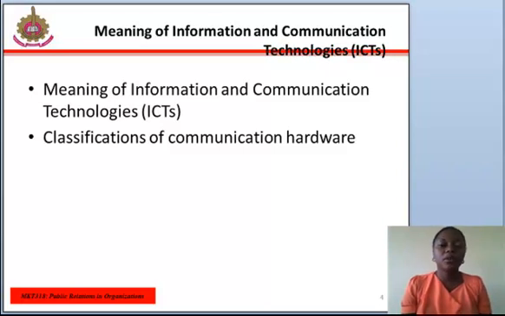Classifications of communication hardware. The communication hardware that comprises ICTs are broadly categorized into two. These are the telecommunication and the computer communications. The combination of the two, according to Grande 1989, is the force that has enhanced consistency in speedy global communications. Through these technologies, massive news and information are spread around the globe in a matter of seconds.